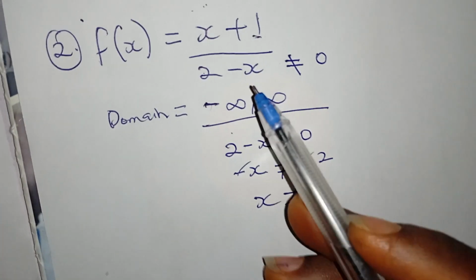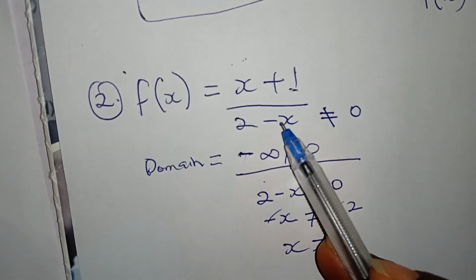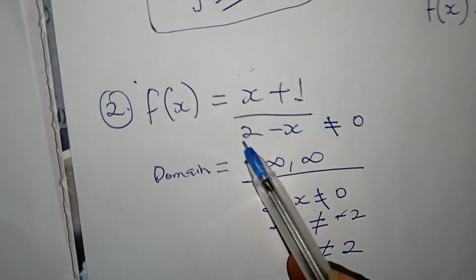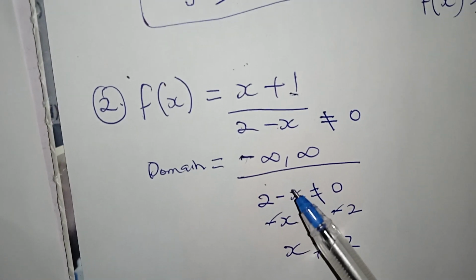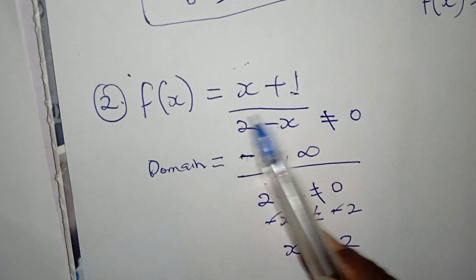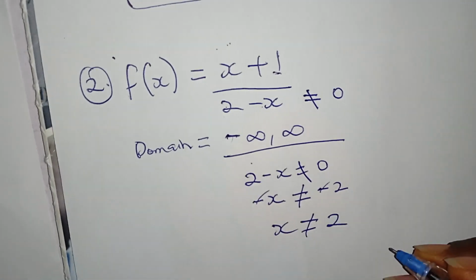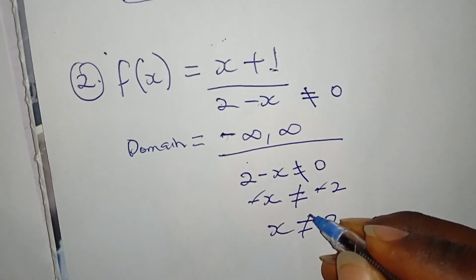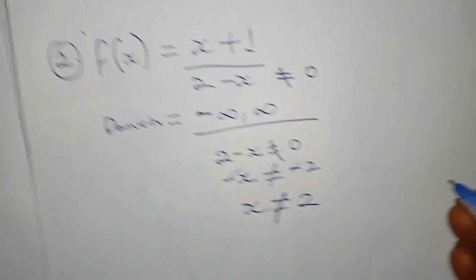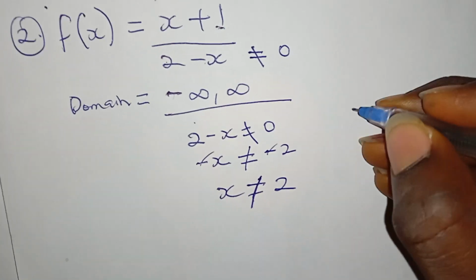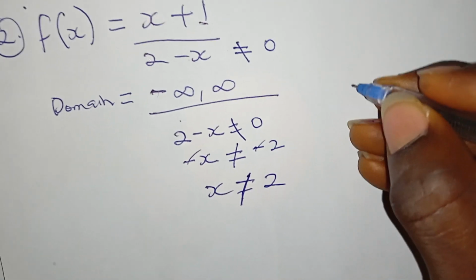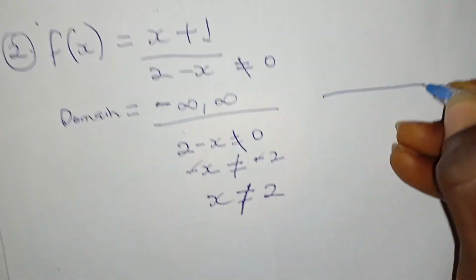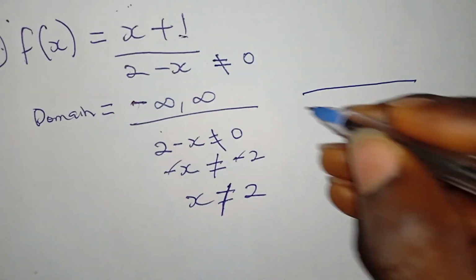So if you check it, for example, let's say I put 2 here. If x was equal to 2, if I put 2 here, 2 minus 2 is now 0. And 0 cannot be at the denominator. So x cannot be equal to 2. So the domain of this is simply, using interval notation,